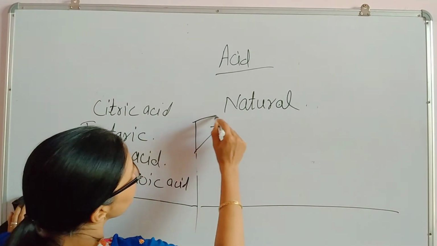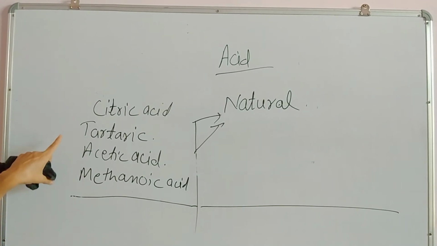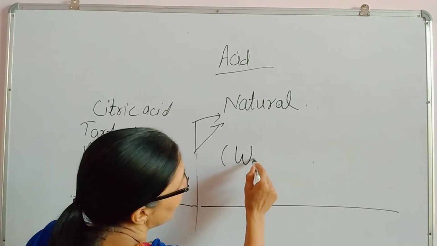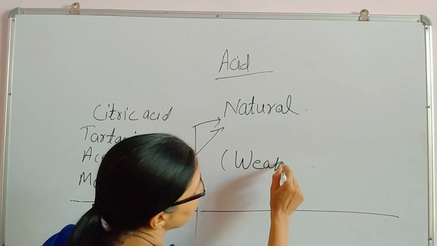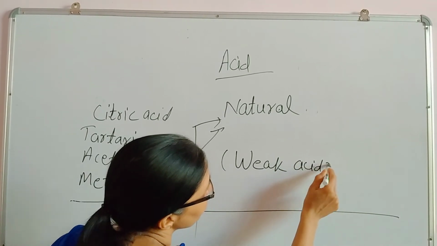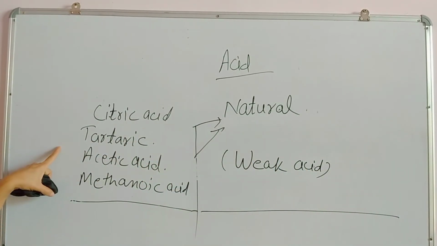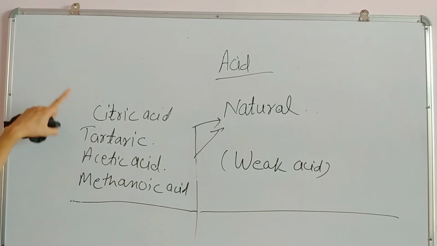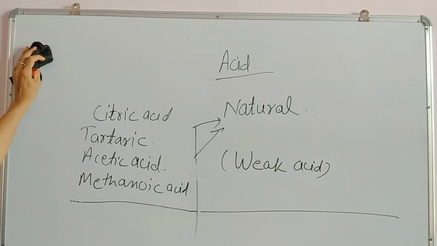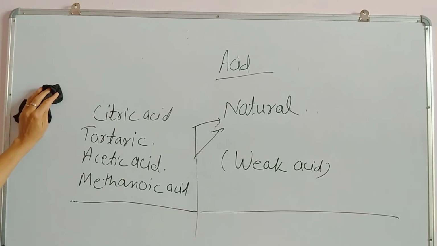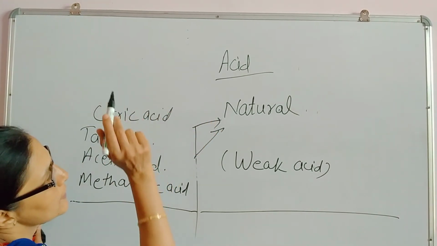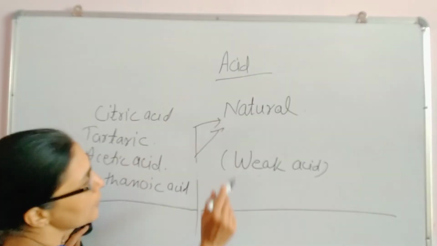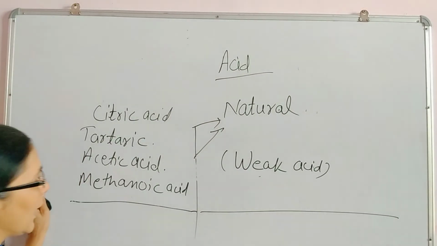These are all natural acids which we gain here and there from natural resources, and these come in the category of weak acids. That's why we use them in our eatable items. You know very well that acetic acid's dilute solution is vinegar, which is used for various food items. So natural acid and mineral acid is one classification. The other classification is strong acid and weak acid.